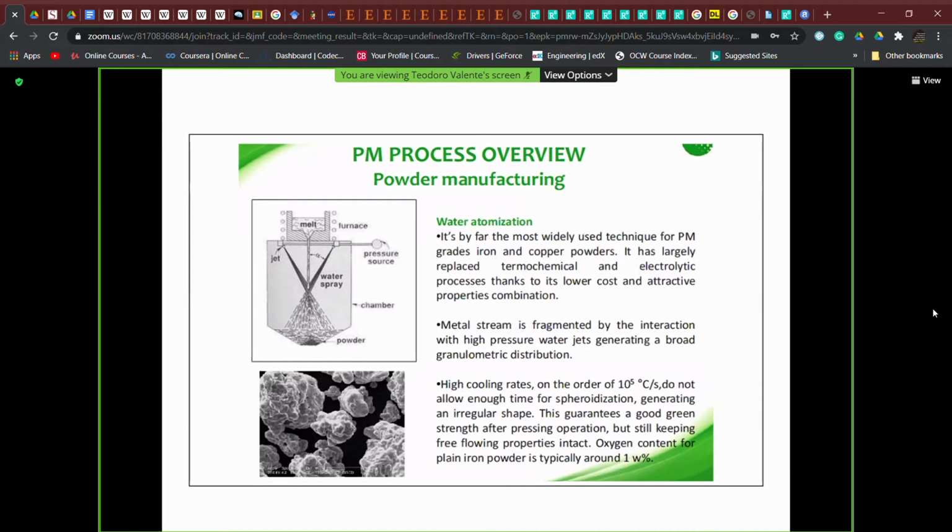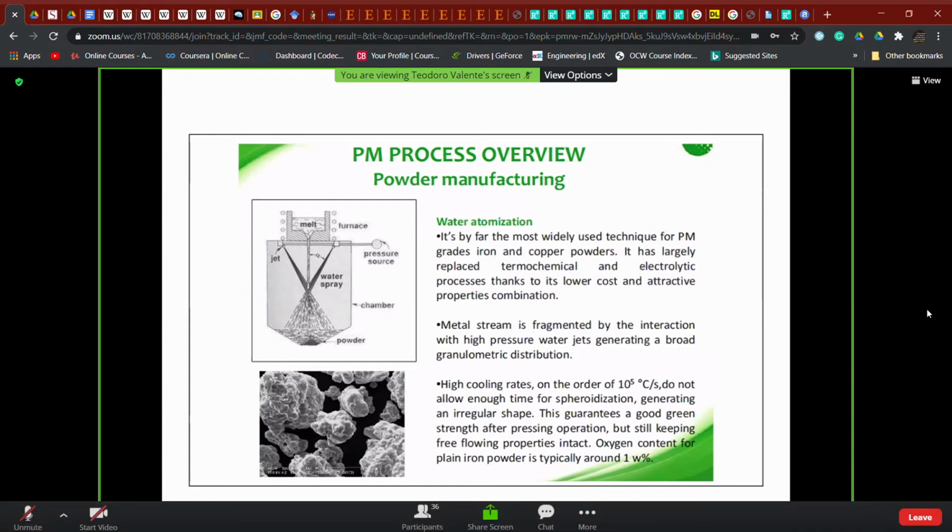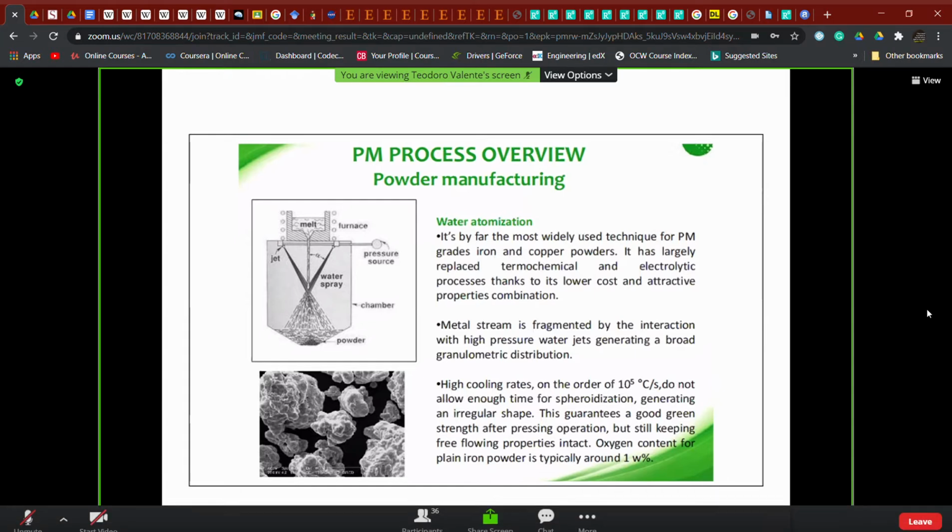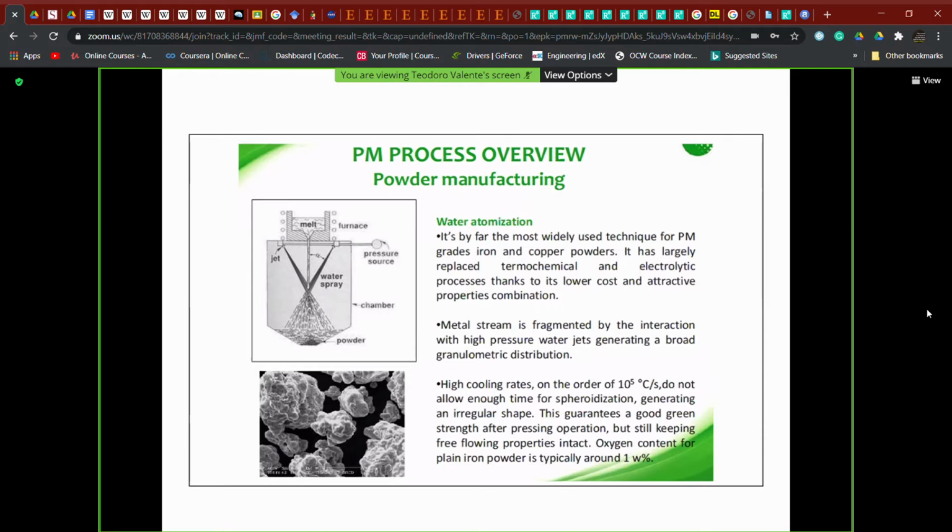It's the most widely used technique essentially for producing iron-based and copper-based powders, and it has also replaced in the last years other technologies like thermochemical or electrolytic processes, because it is characterized by lower cost and